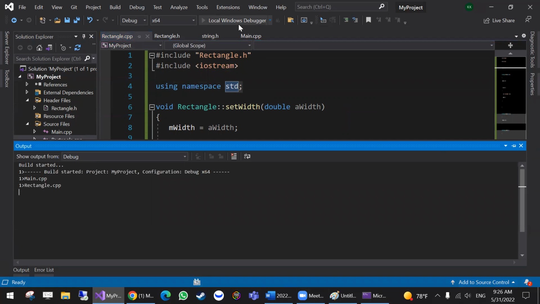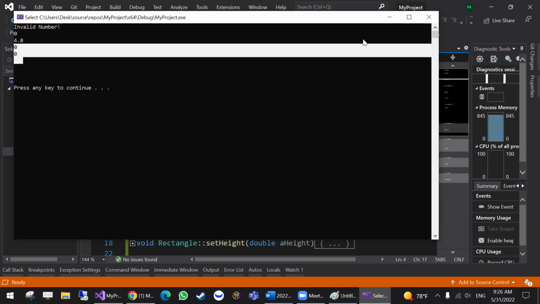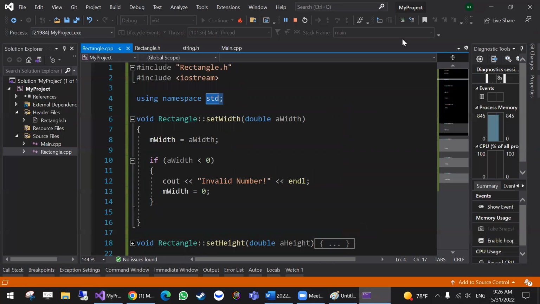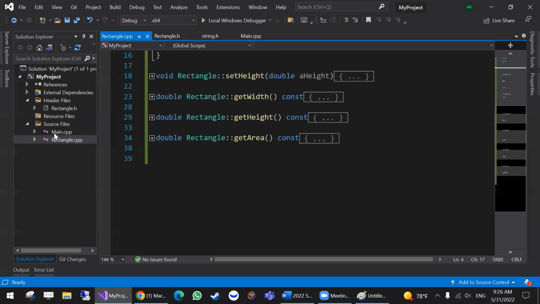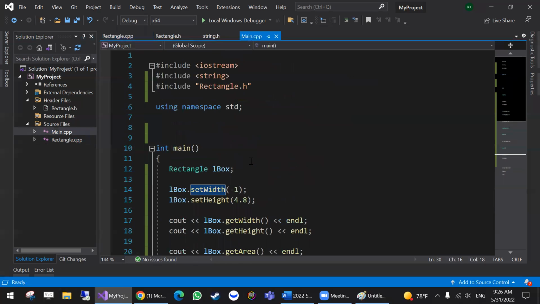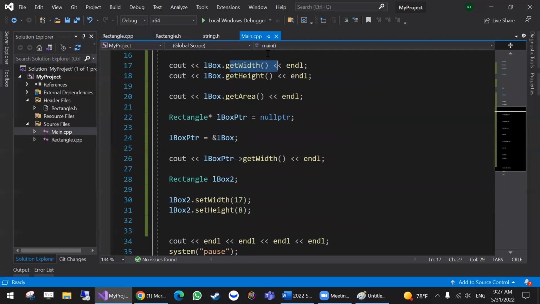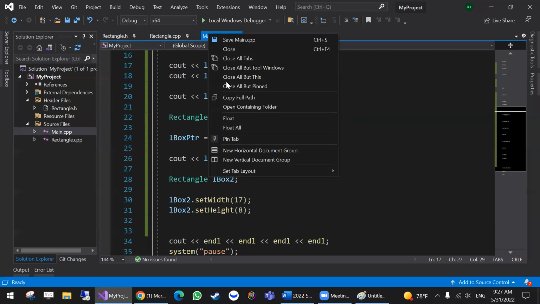If I run, we go back to where we were before I moved them to invalid number, so now it's 0, 4.8, state as is, and I zeroed out both in that example. So if I go back to main, box2 set width is 17. Why was it 0? Oh, well, I didn't display it. I displayed 0 here. I displayed 0 here. Okay, I see. So, yeah, what I was trying to say is